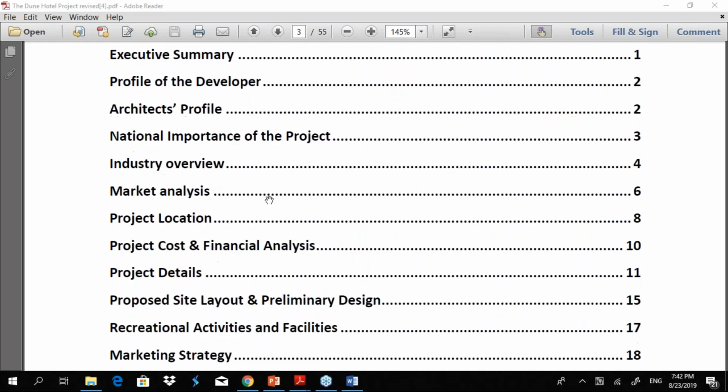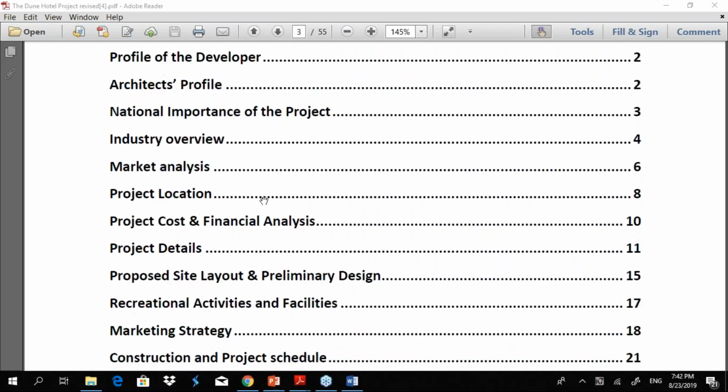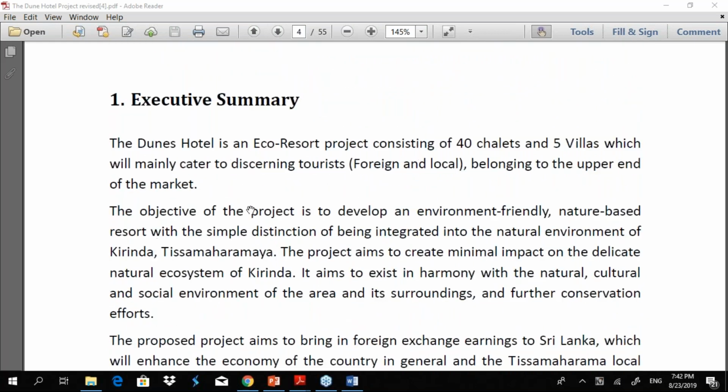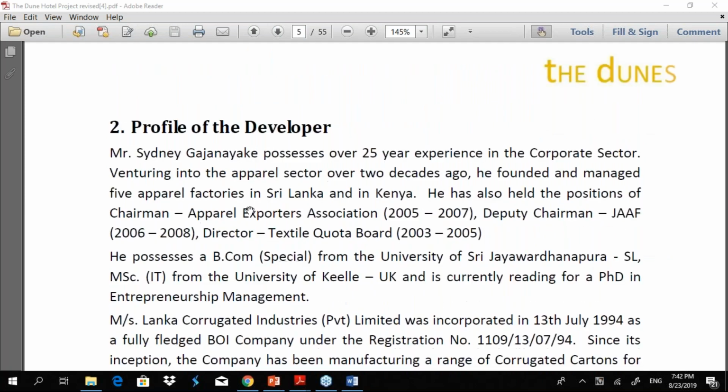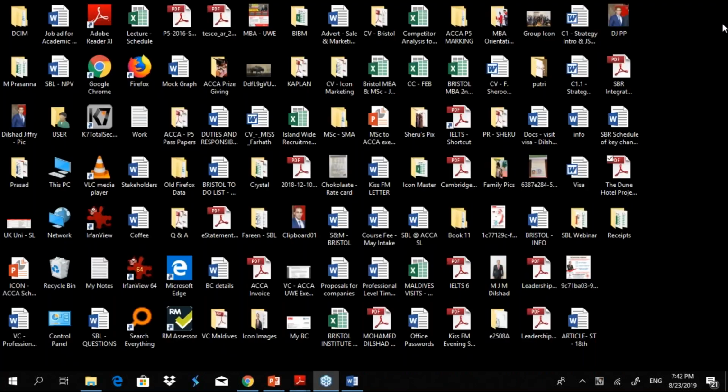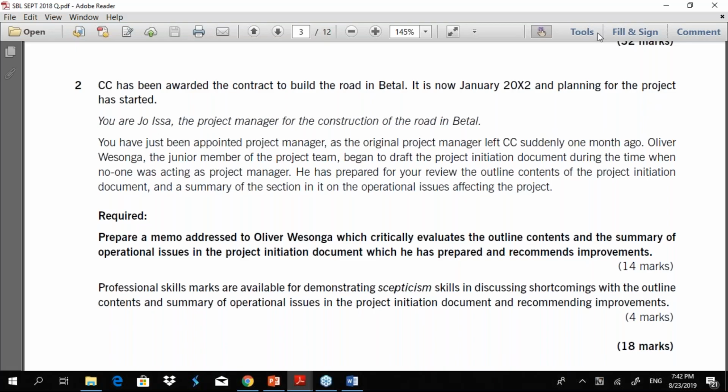So this is just a sample that I wanted to show you. And then the detail will keep on going. Right, so that's what a business case document is. And a PID is more operational, and it will have certain data picked up from your business proposal, and that will be used to implement the project.